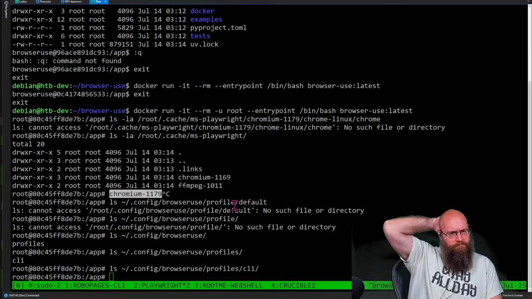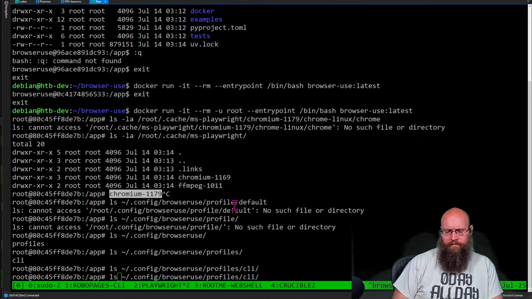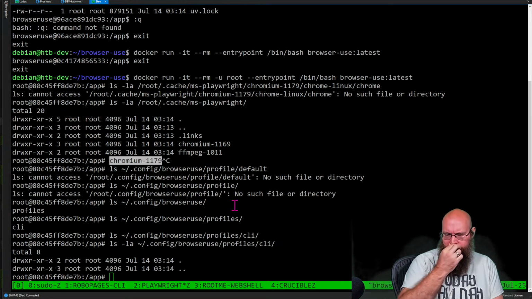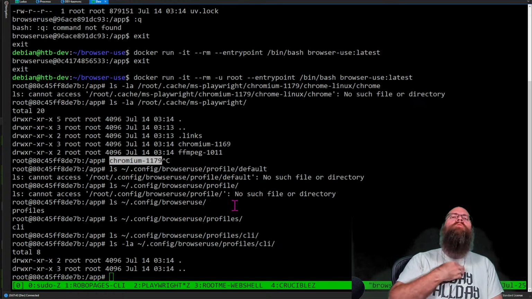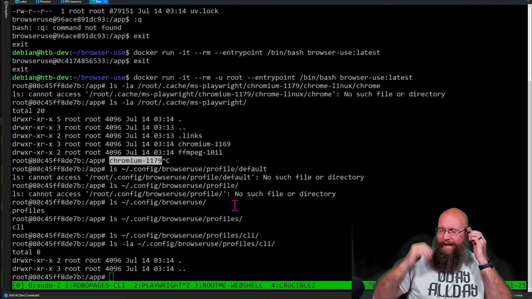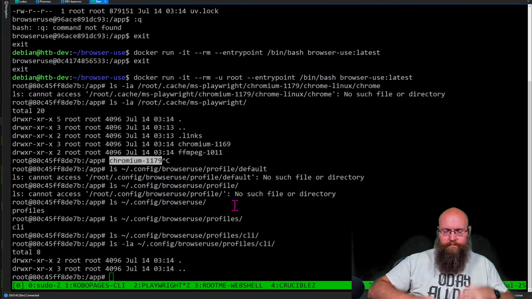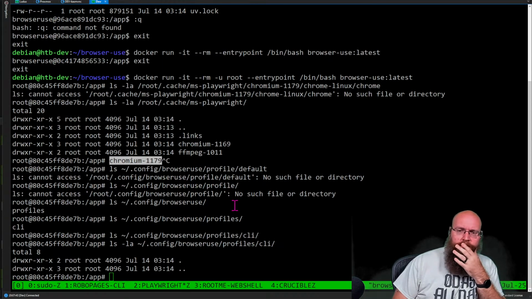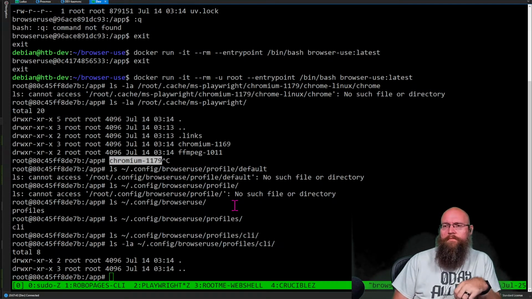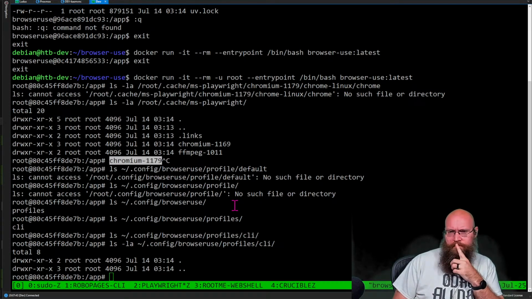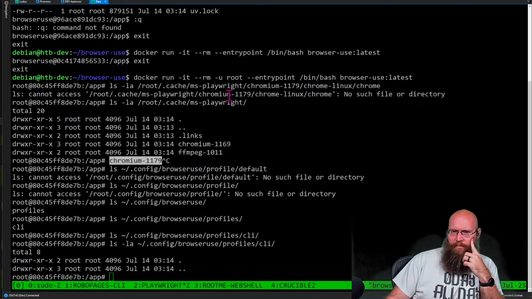Nothing in there. This is very annoying. So we have 1179 installed.